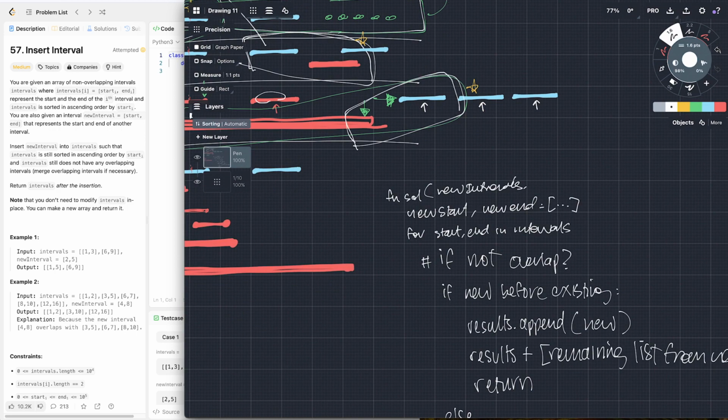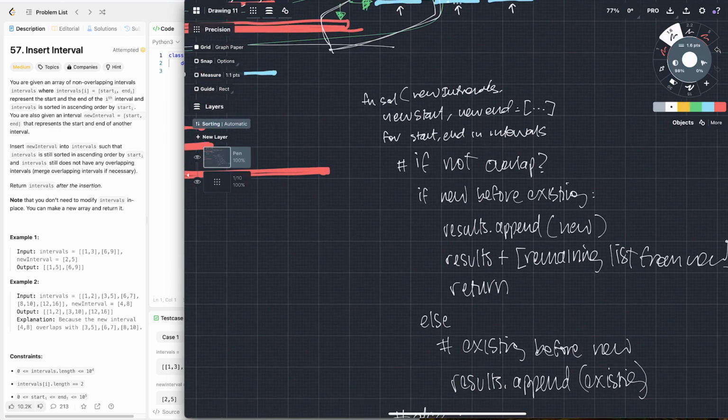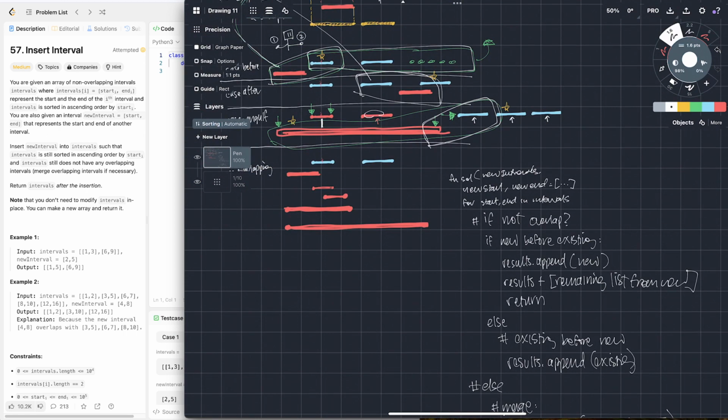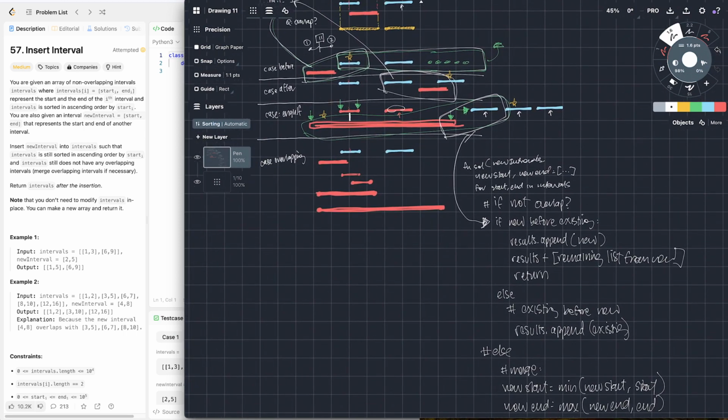Well, our code needs to say it does not overlap. So if it doesn't overlap, in this case, we're going to end up right here, right? In this case, it does not overlap. I'm going to end up right here, right? In this case, or the same case, right? This type of